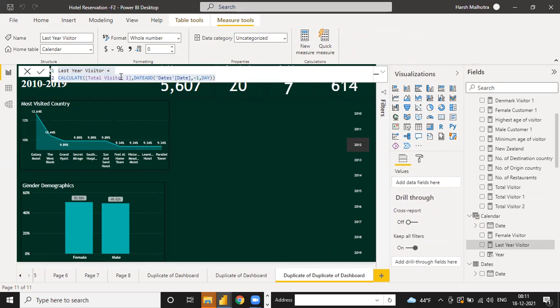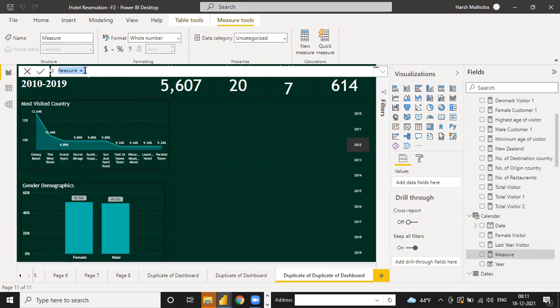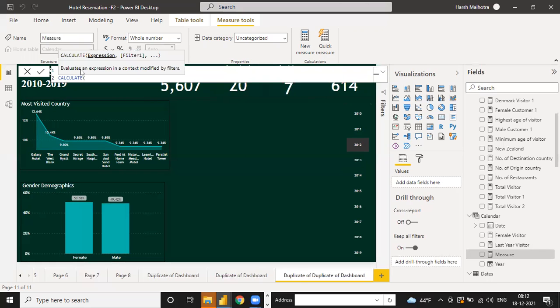I'm creating a new measure from another measure. Actually, this function is not wrong. This function is correct because the function does not give any error. Okay. So here you can use same period last year, and here you can give the same condition, CALCULATE expression meaning total customer.